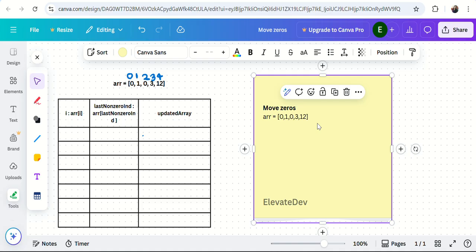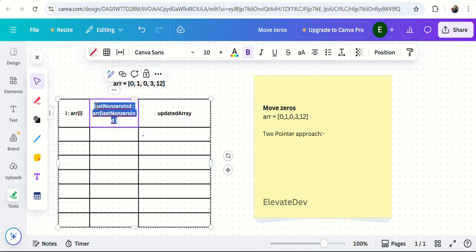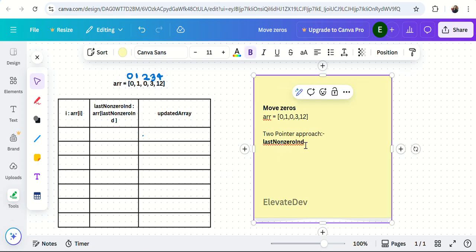We are given this array and we can use the two pointer approach. In this two pointer approach we can pick one last non-zero index. I am picking this big name just for clarity, I'm not going to use this in the coding. So the last non-zero index we can pick, and we can initialize it as 0. So initially our last non-zero index we have found is at 0. We assume that the last non-zero index we have is at the first,